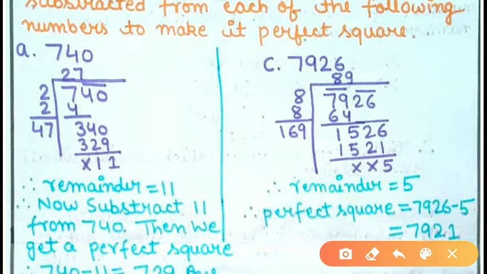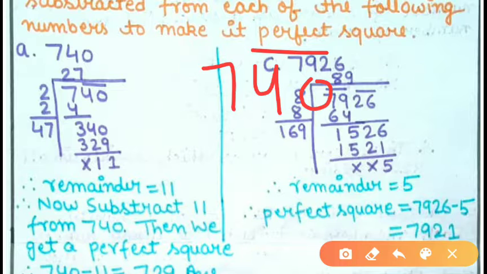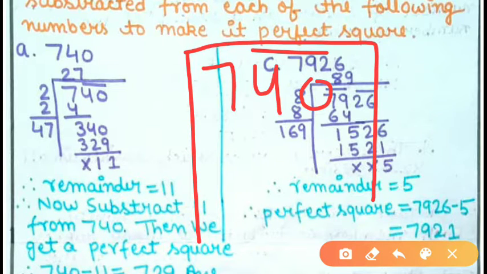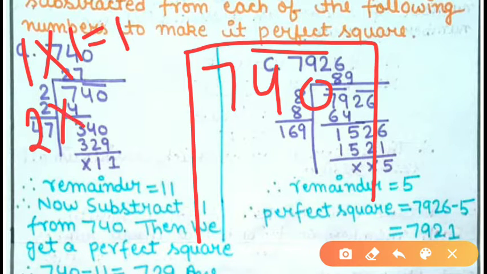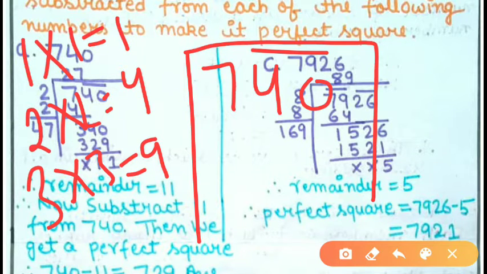First of all, you factorize this 740, so do it by the long division method. So how will you solve this 740? This is one pair, and 7 is alone, so leave it. Now you want a number whose square is equal to 7 or less than 7. 1 into 1 gives you 1. 2 into 2 gives you 4. Now check 3 into 3, this gives you 9. So 9 is greater than 7, so go with 2 into 2, 4.